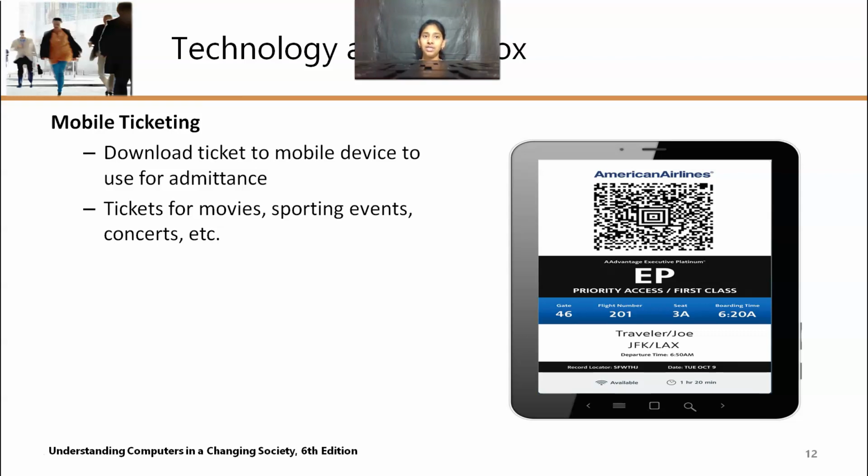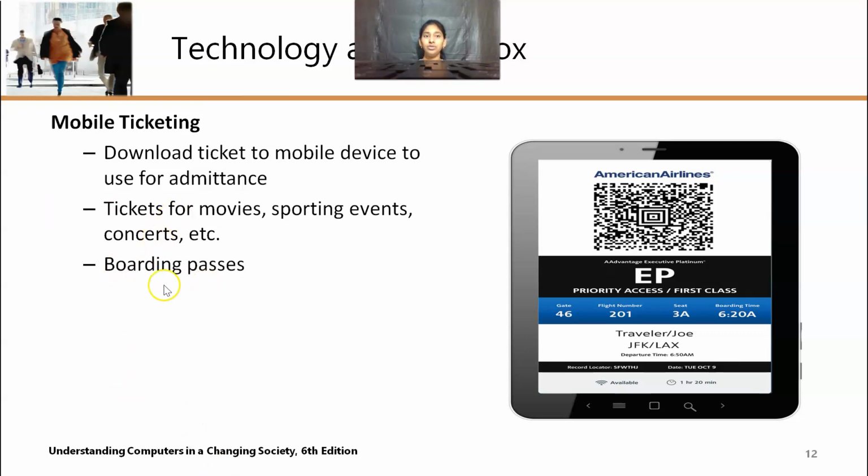We have different applications for each. The common application for sporting events and concerts is StubHub, where you can buy tickets. And when you buy a ticket, you will get a text message with a link. When you click on that link, you will be navigated to your ticket page. You can download your ticket.